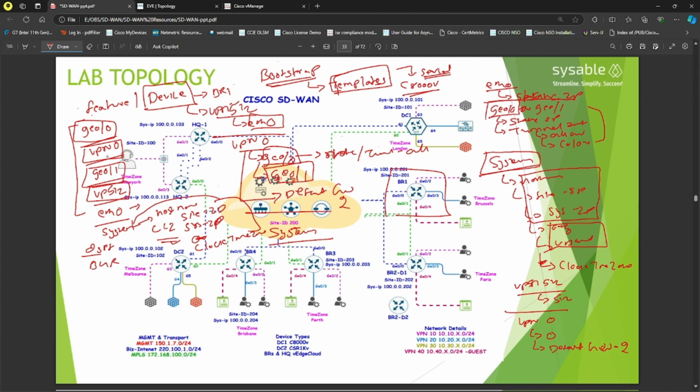So feature templates are the individual components. Together these components will form a device template. And using the device template, we will now attach it to the C8000. Once we attach it to the C8000, we will generate a bootstrap configuration. And after that, we will upload it to the CSR router, sorry, C8000v router,